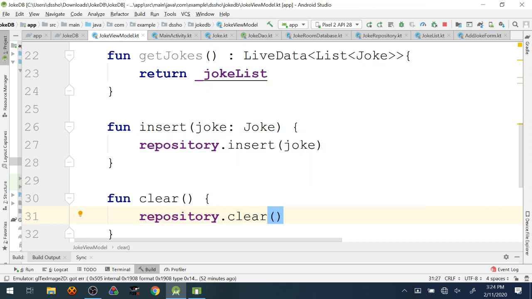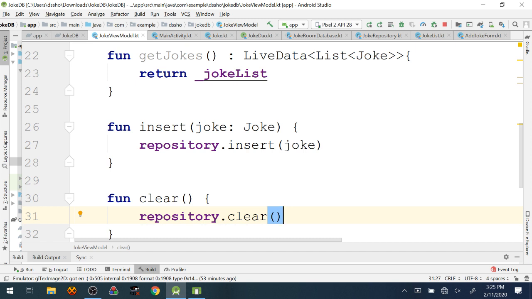Okay. So these are the functions that we are including in the view model, so that when the view needs a new copy of the data, or needs a refreshed copy of the data, or needs to perform some action, based on user input or some event that takes place, we can use these functions in the view model, which then take care of passing that data along to the repository, which then decides where that data should go and passes the data then to the database, which takes care of the actual storage of the data.